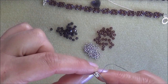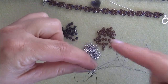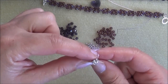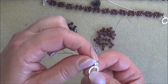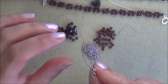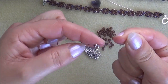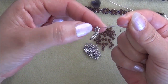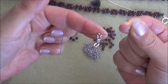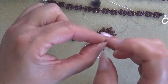up the other side and through the seed bead, making sure that our thread sits in the channel. Putting our toggle clasp down, you can squeeze the horseshoe in a little bit if you like to, or the wire guardian. So we have this, 1 seed bead either side of the wire guardian and a nice proud seed bead in the centre. So we're going to come through the seed bead now,